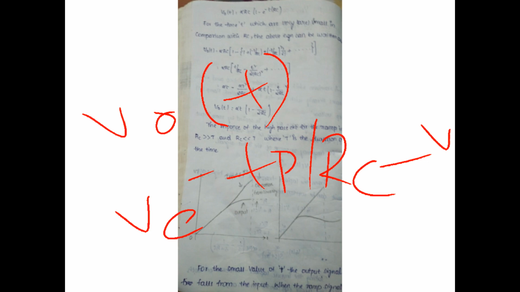There is no distortion in the output. The distortion is very less when the time constant is very large. If the time constant is large, the distortion is less; if the time constant is very low, the distortion is very large. In this condition the positive area and negative area in the output waveform are always equal. This is the pulse input which is applied to the high pass filter circuit.